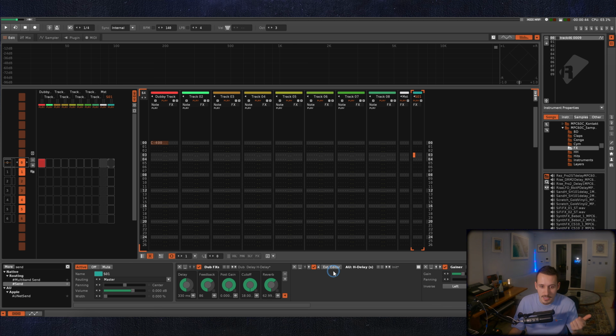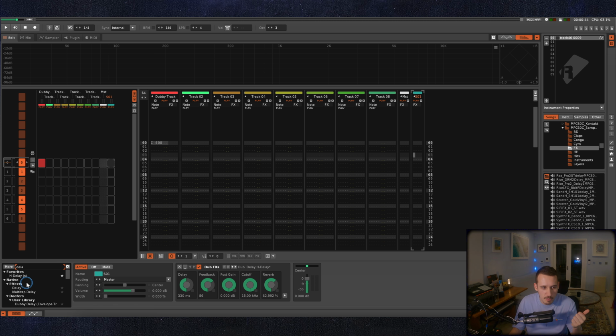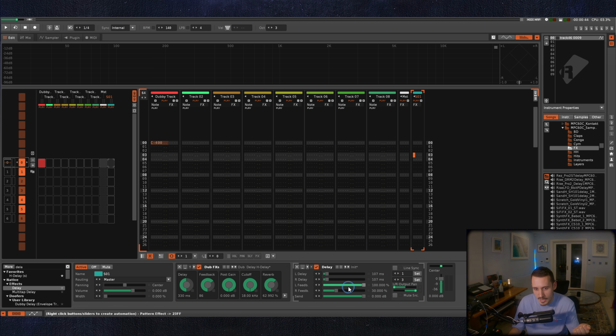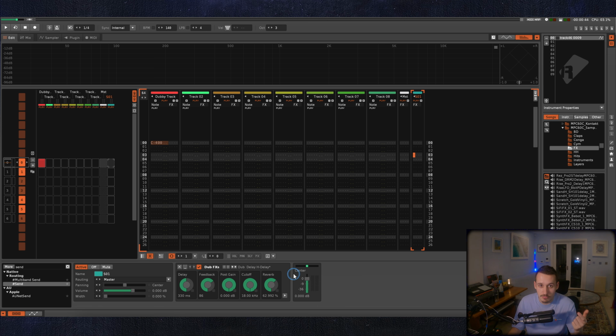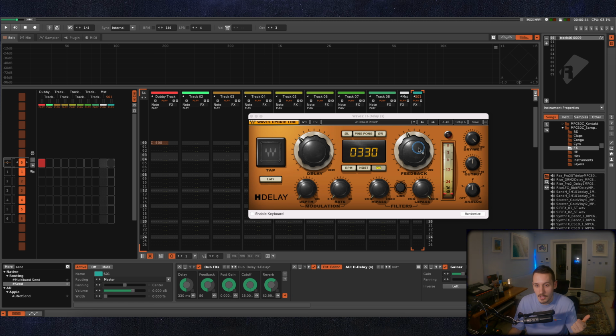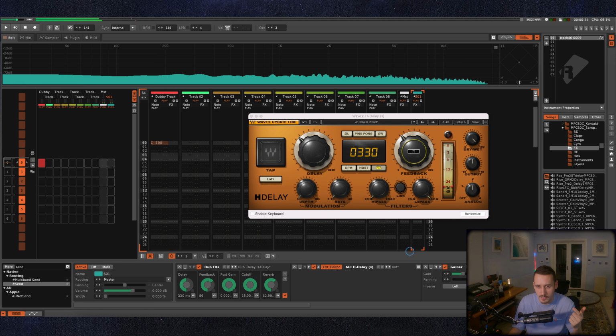control everything, and to show you. And the first thing you're going to need is a delay plugin. Now, if I just take these away, the actual native plugin in Renoise doesn't let you go over 100% feedback. And another thing you can't do is actually send a return track back to itself. So your only option to do these dub style delays properly is to get a plugin which lets you do more than 100% feedback. And whatever you think about Waves' business model or business practices, the H-Delay is a fantastic delay plugin and it goes up to 200 feedback. So that's really useful for this style of effect.